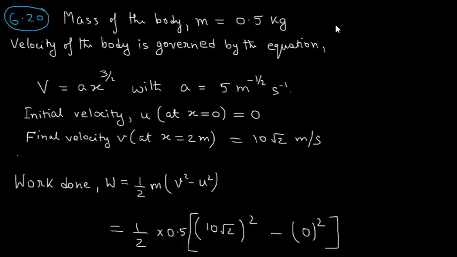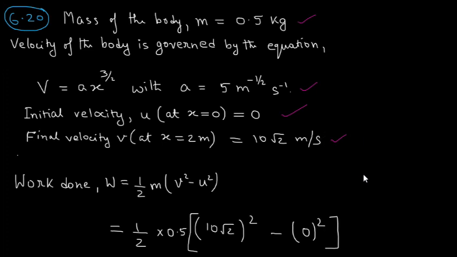So the mass of the body m is equal to 0.5 kg. The velocity of the body is governed by the equation v is equal to a x to the power 3 by 2, with a equal to 5 m to the power minus half per second. Initial velocity u at x equal to 0 is equal to 0. Final velocity v at x equal to 2 meter is equal to 10 root 2 meter